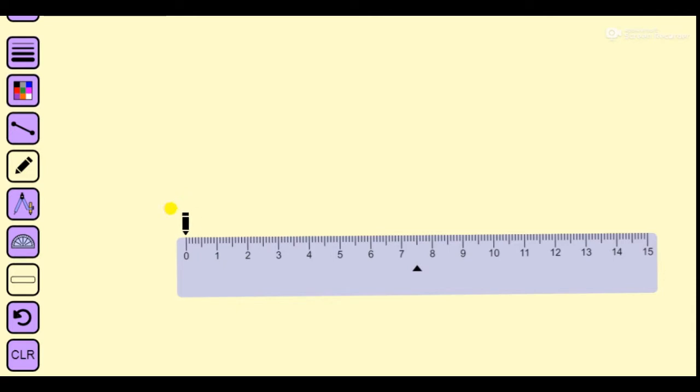Draw a line. Which one? It is about 8 centimeter. So this is 8 centimeter. Remove the scale and write AB, where AB is equal to 8 centimeters. So this one is a point P. You can see here this one is the point P.